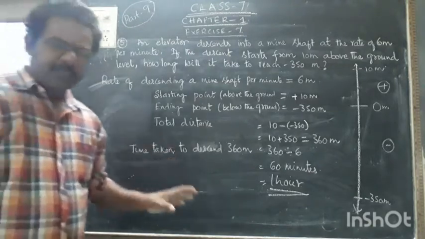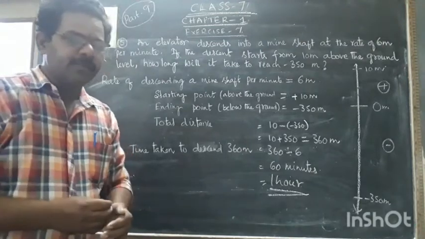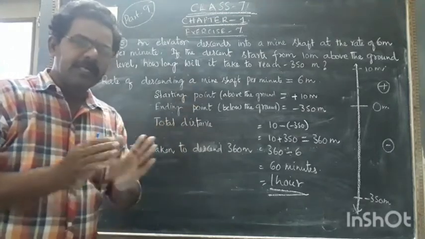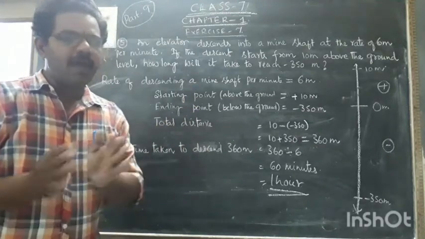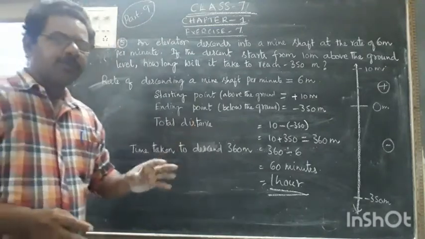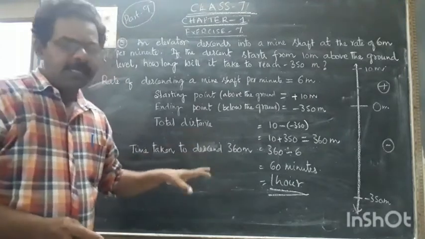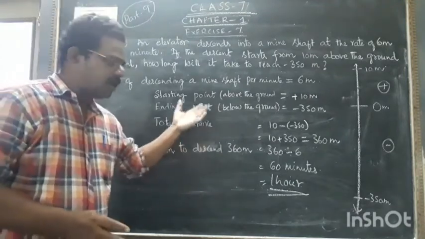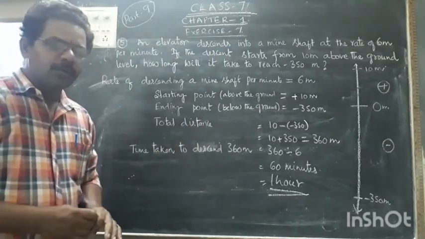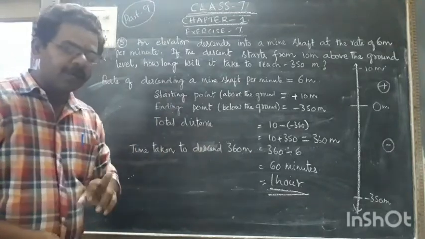After completion of this sum, these 5 sums you have to do in your practice book. While watching the video or after watching the video, first you have to complete these sums in the classwork, and after that homework is nothing but this exercise, 5 sums you have to try to do on your own without seeing the notebook. Any doubt is there, you can clarify. You can watch the video again and do it on your own. Calculation part must be done on your own. Working is very important for you.